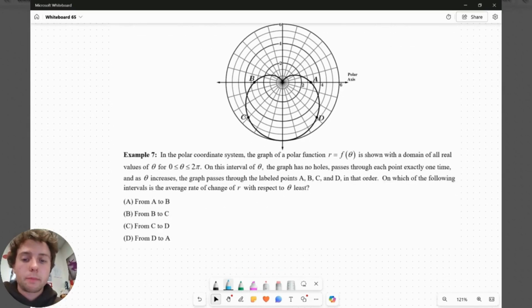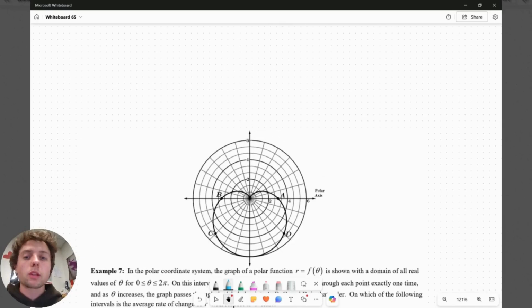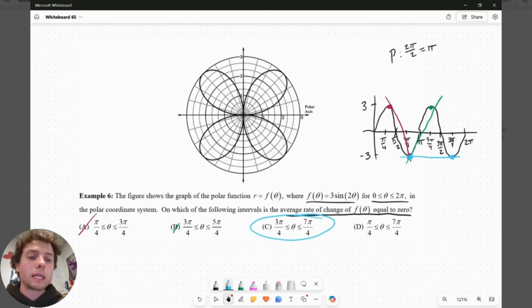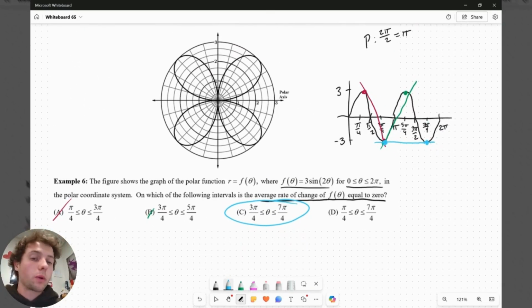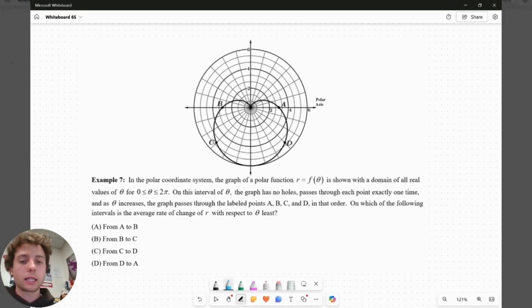Let's look at one more example. Using that same idea, we now want to figure out which of these rates of change is the least. You don't have a function here, so you can't graph it. But remember, what we were looking at is the distance from the x-axis, which is what we were analyzing. Well, if I want to look at distance from the x-axis here,